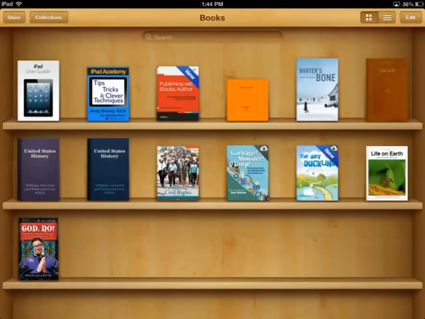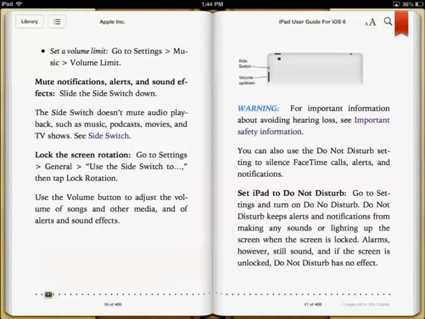So the first thing I'm going to do is go to the iPad User's Guide here. I'll just tap on a book that I want to read, and it opened up for me the last location that I was at in this book, which is perfectly fine. I'm going to start in the top left hand corner and work my way across some of the basic features here. So while I'm in this book, in the top left here is the library. So if I ever want to get out of the book back to the rest of my books, I simply